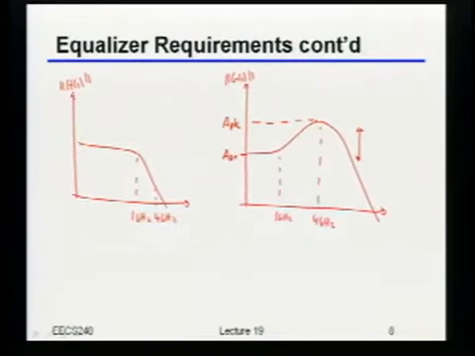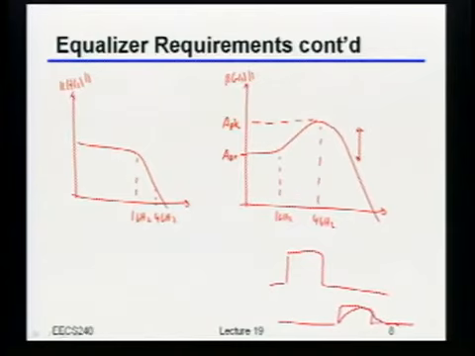Because remember, I'm not just transmitting square waves, I'm actually transmitting bits. So my goal is, if I transmit a bit, I want it to come out also looking like a square bit. Now, I can't exactly do that because, again, I need infinite gain at high frequencies. So at least I want something that looks almost perfectly like a bit to come out. Okay? So if I gave you this channel right here, which is a low-pass channel, and I told you it has a pole at 1 gigahertz, and you need a bandwidth of about 4 gigahertz,